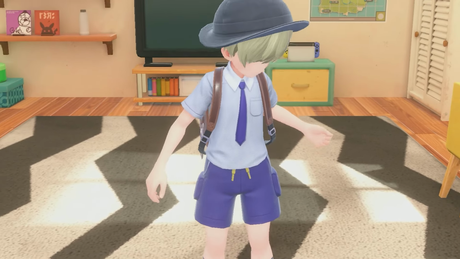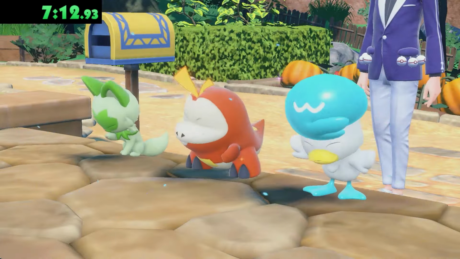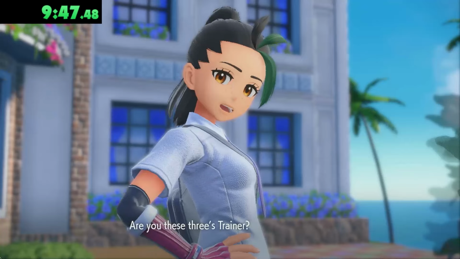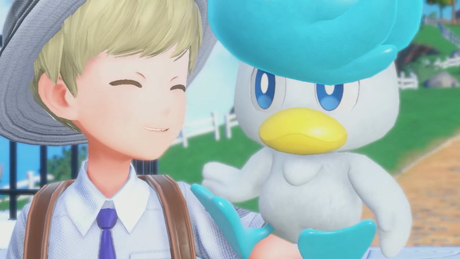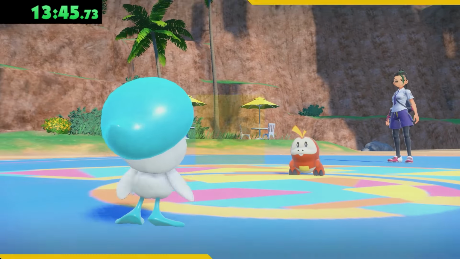Now we go get dressed while mom and the professor are talking, and then go outside where Clavel shows us these guys. None of them are bugs, so get them out of my face. Walking down the path, we eventually meet Nemona and choose Quaxly, who will also be stuck in this save file for an eternity. Unfortunately, we're not there just yet, as we do have to battle Nemona,